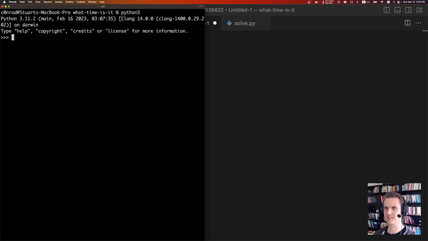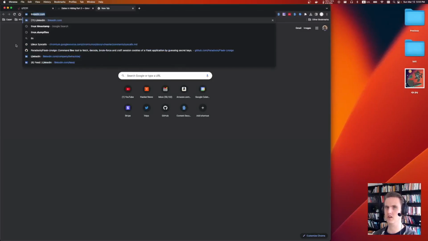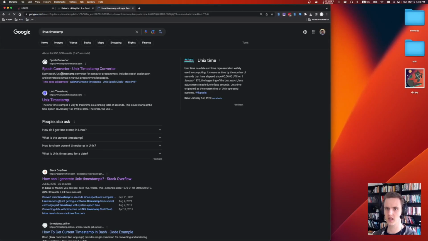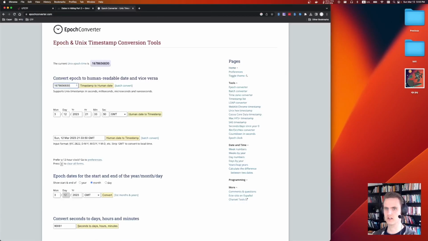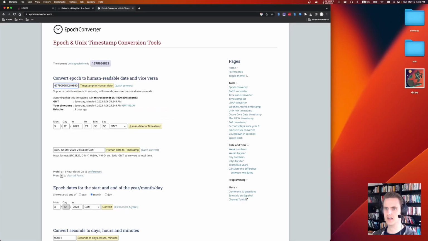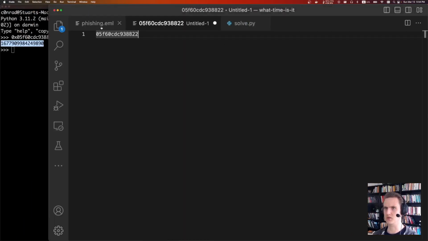I do Python. I just do 0x to convert from hex. And then we have this, which looks like a Linux timestamp, so we can do a Linux timestamp epoch converter. Perfect. We'll do that. And so it's in microseconds, and we get out this time. So the challenge wanted it in GMT, and so you just take this and put it in the correct flag format. There wasn't anything special about that, but yeah, the real meat of the challenge was I just had no idea